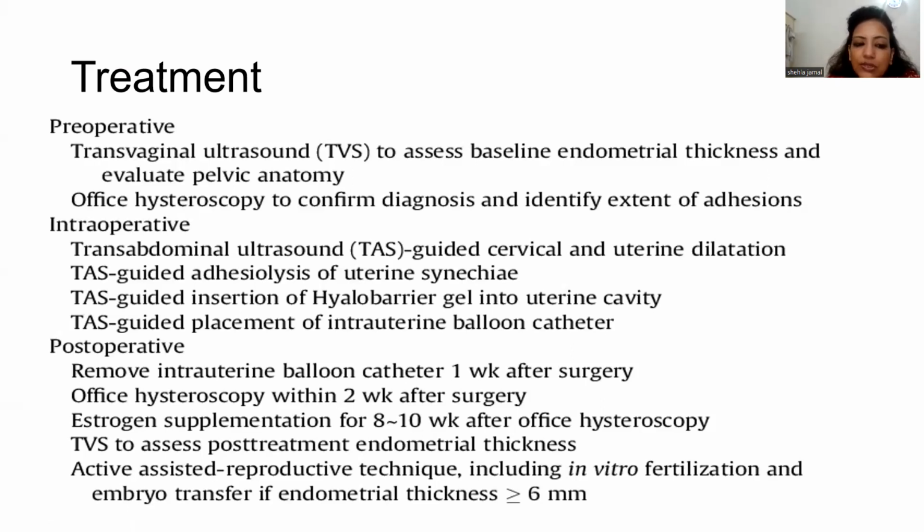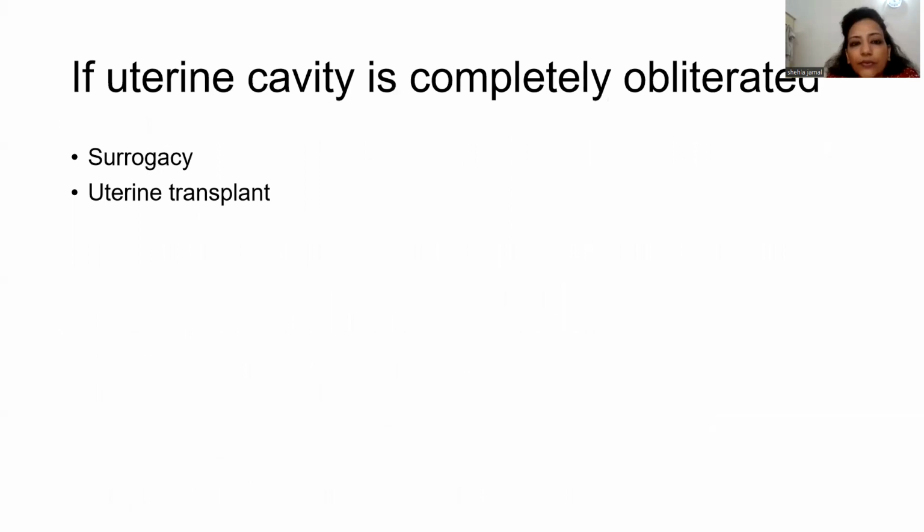So the theory behind estrogen supplementation is it regenerates endometrium and helps in healing and thus formation of future endometrium. Then, yes, if your patient is having infertility and secondary amenorrhea, then after the correction of adhesions, IVF, ET can be planned provided sufficient endometrium has developed, anything more than 5 to 6 millimeter. If uterine cavity is completely obliterated, then in cases of infertility, there is no treatment for her secondary amenorrhea, then